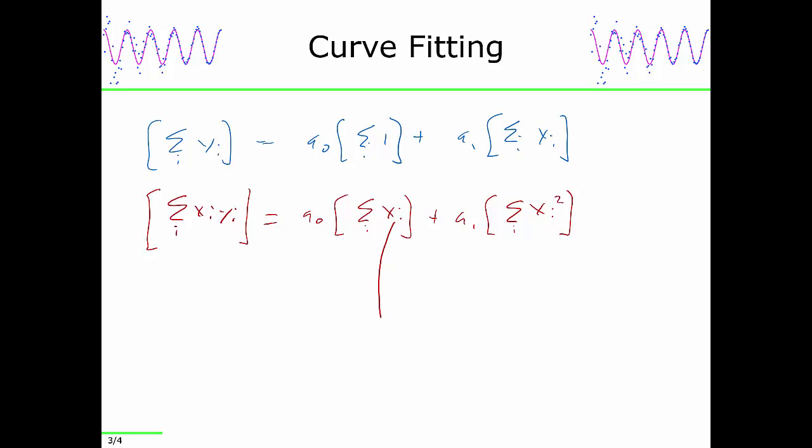Using these two equations, we can solve for the most probable values of a0 and a1. What's a convenient way of setting up two sets of linear equations? Linear algebra. So we're going to write this as